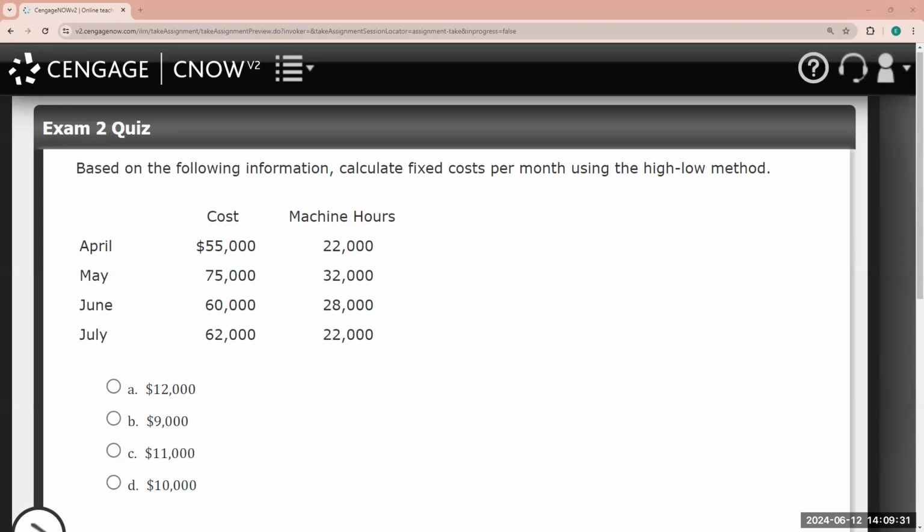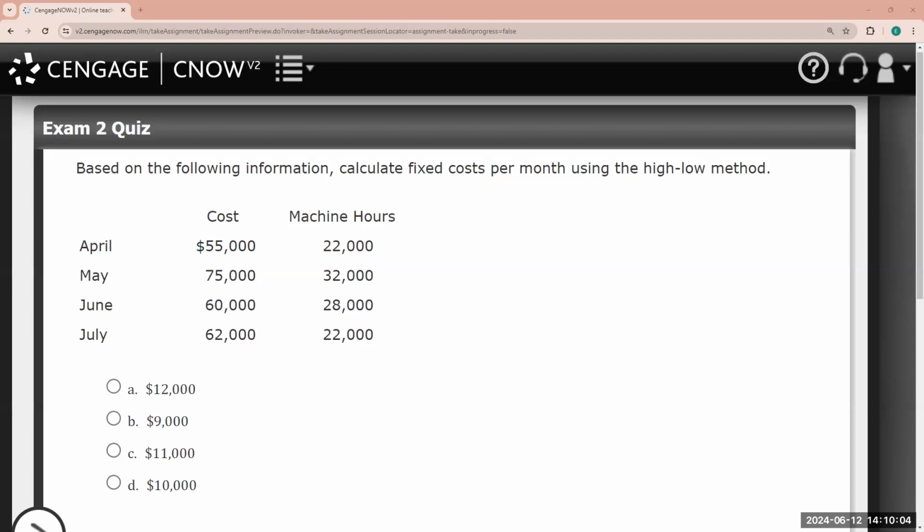This video will cover several questions from Chapter 9, which covers manufacturing operations, and Chapter 10, which covers cost, volume, profit analysis. So as we learn about managerial accounting, in this question in particular, we are considering using what's called the high-low method. The high-low method is essentially a technique for managerial accountants to estimate the mixed production costs at various levels of production by calculating the variable costs, and from there we can